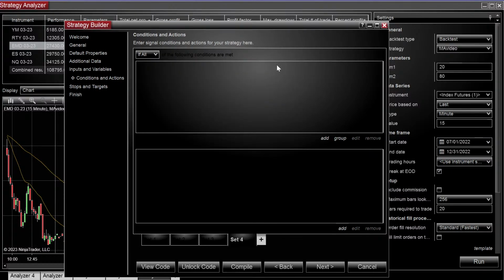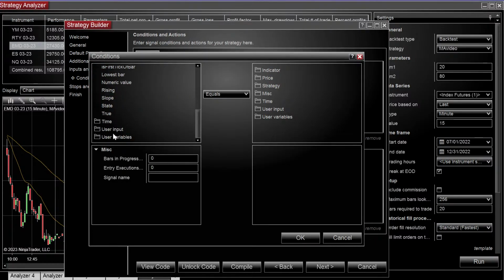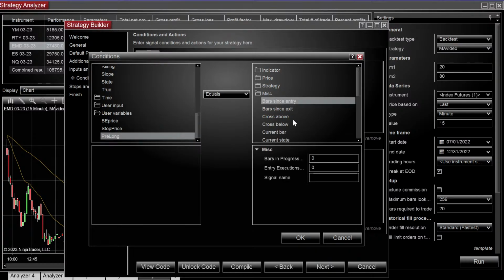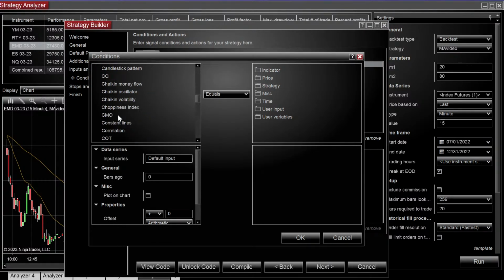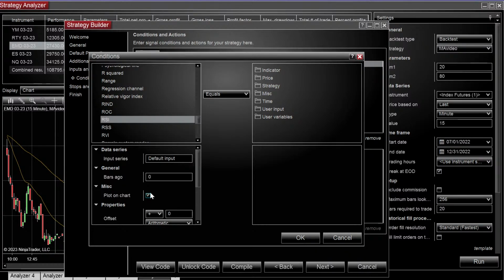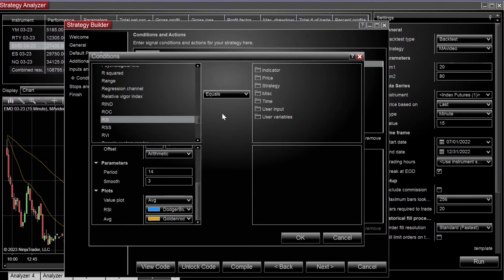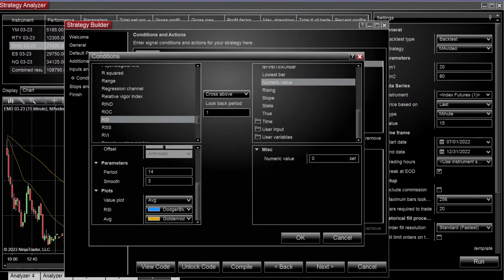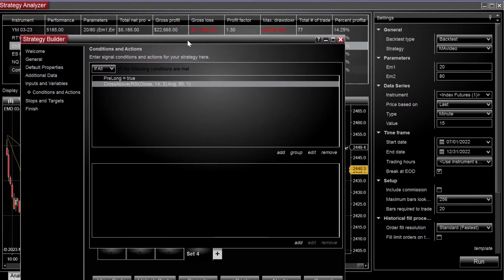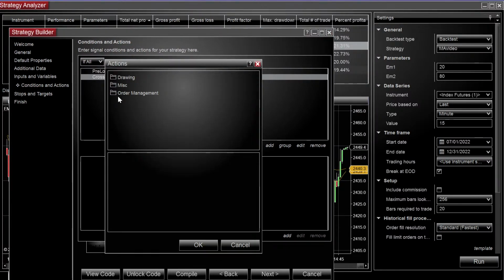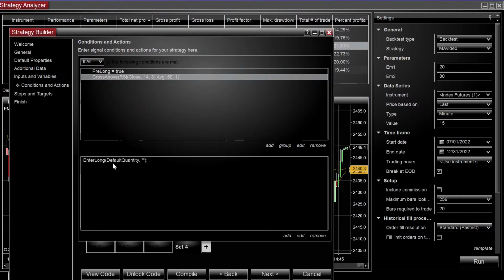Okay. And now in a different one, it's going to be pre-long equals true, and then we have our RSI. So RSI, plot it on the chart. We're going to use the average. So RSI crosses above the 50 line. But remember, we want it to be only the first occurrence. So when this happens, obviously we're going to get in long, but now